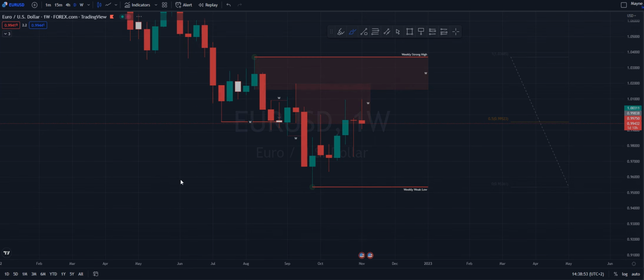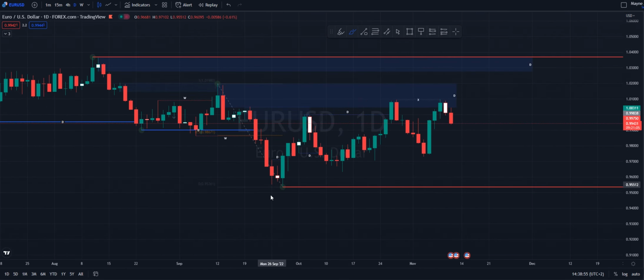Now moving on to the daily, we essentially want to do the same thing. We just want to mark out the swing range, the premium and discount, and the supply and demand zones of the daily structure. So we see that price has broken this low here, meaning that the daily is also bearish, aligned with the weekly bearish